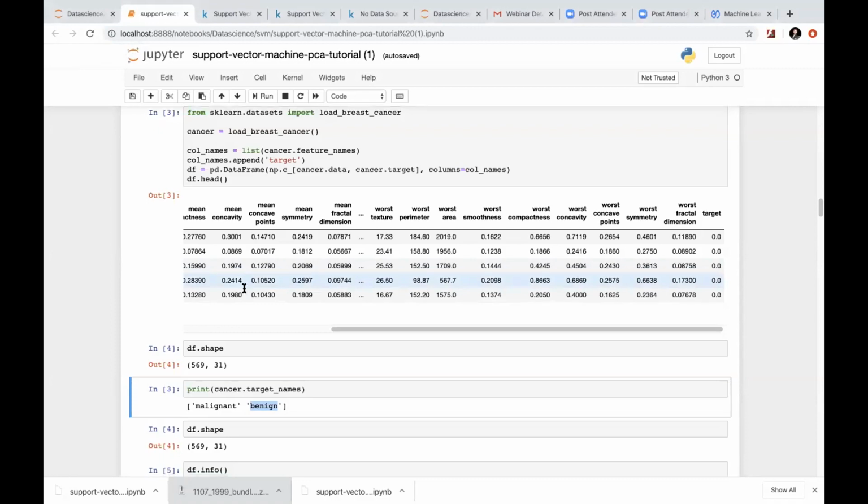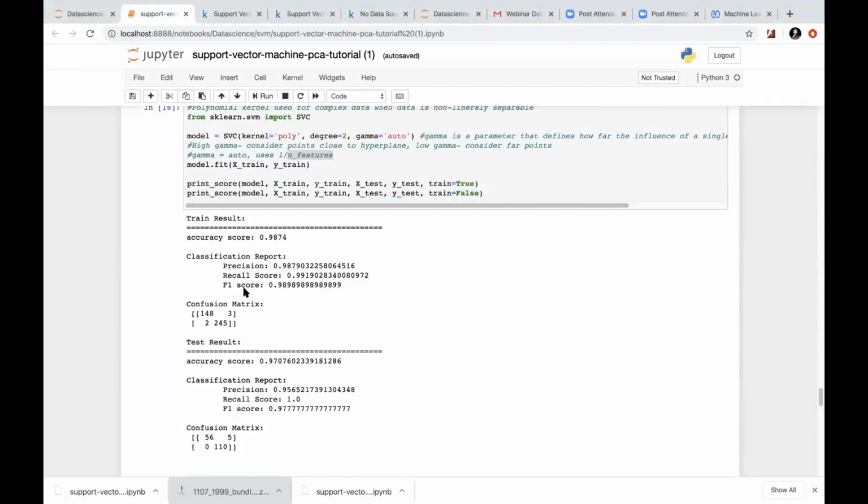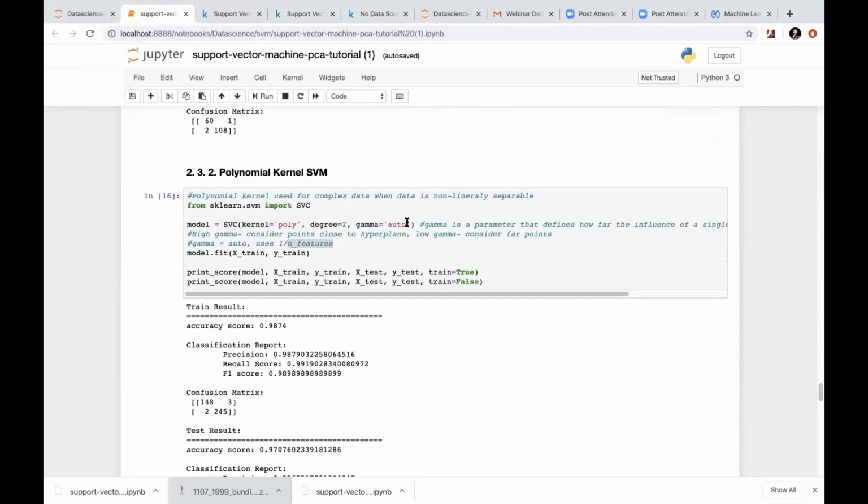In linear regression, you use the best fit based on the loss function. What line can best fit on the loss function, right? You use gradient descent to optimize on the loss function. Here we use gamma, where gamma is the parameter that defines which points to give more weightage, which points to consider for drawing the optimal margin.